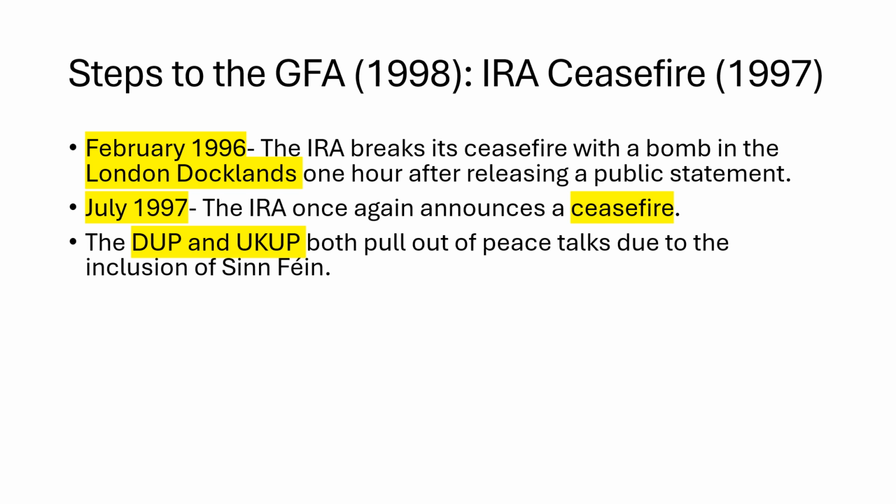However, of course, the DUP, led by Ian Paisley, is not going to be happy about that, and they weren't. And the DUP, along with the UKUP, the United Kingdom Unionist Party, both pull out of the peace talks because Sinn Féin has been admitted. Paisley would have referred to Sinn Féin as being Sinn Féin IRA because of how closely connected the two organisations were. Many have actually, as I'll allude to later in greater detail, referred to the DUP and Paisley as the abominable no men. Political commentators have said that because of how often they said no to talks, and in this case in 1997 when they leave the talks, it is because of Sinn Féin being admitted in.